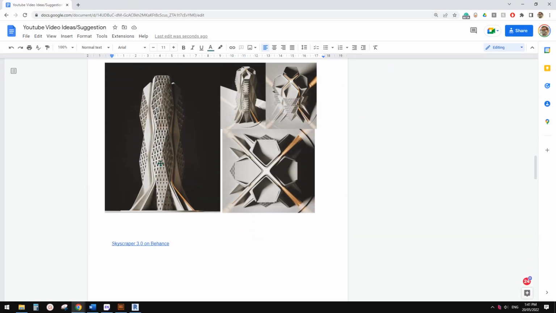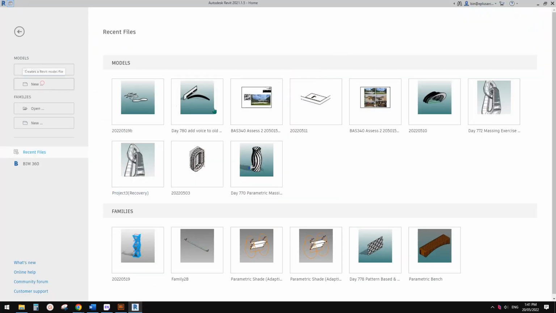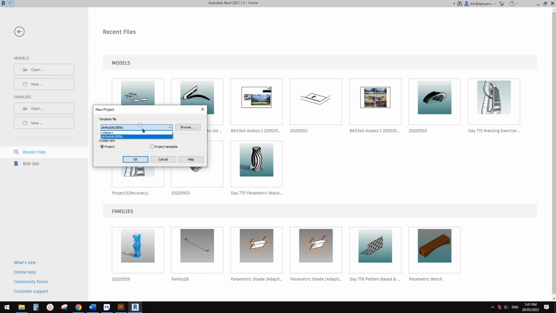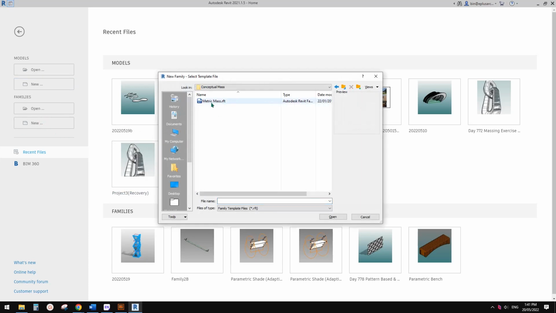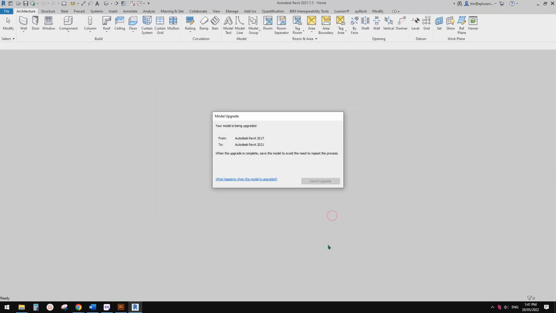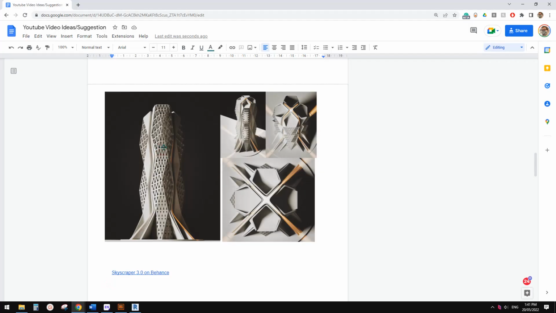Today, let's try this one. Okay, so let's start. So first, let's create, I think this time, a conceptual mass. Okay, so here. When I first tried this one, I tried to use